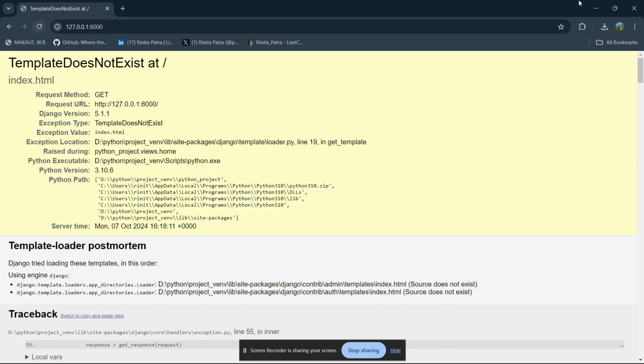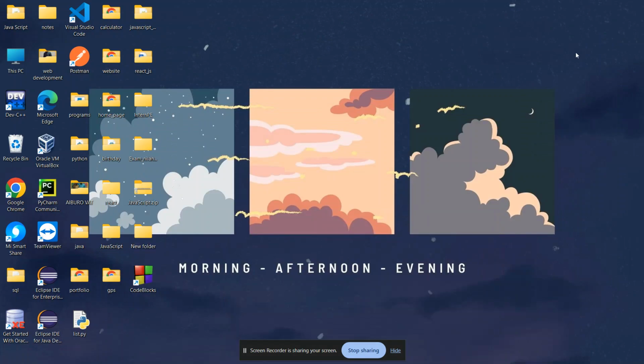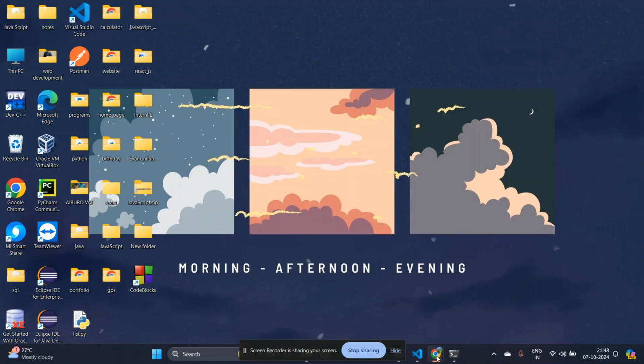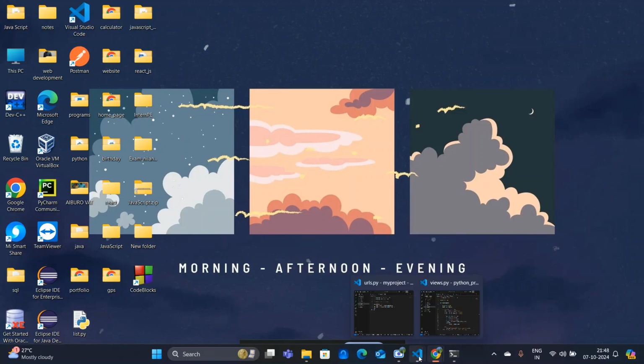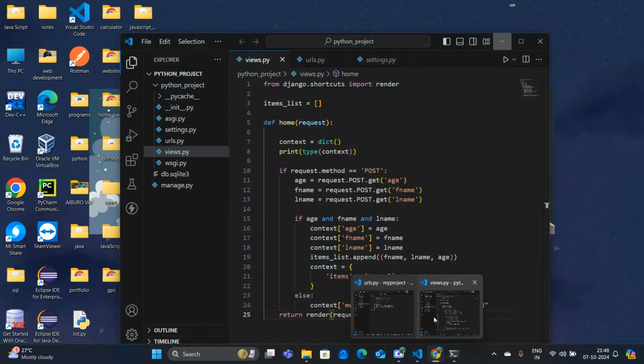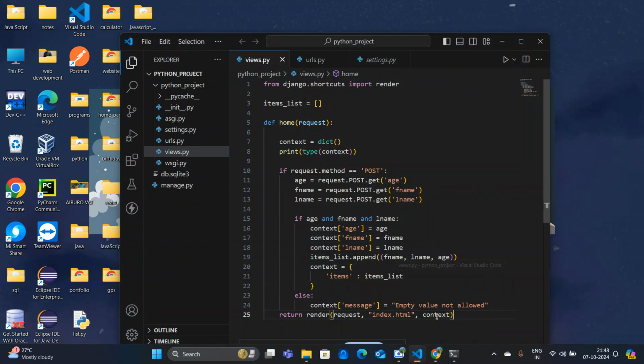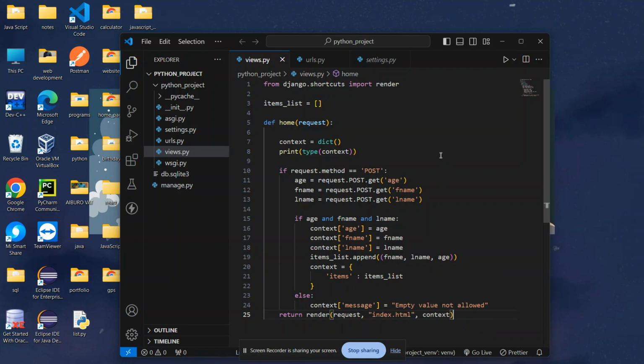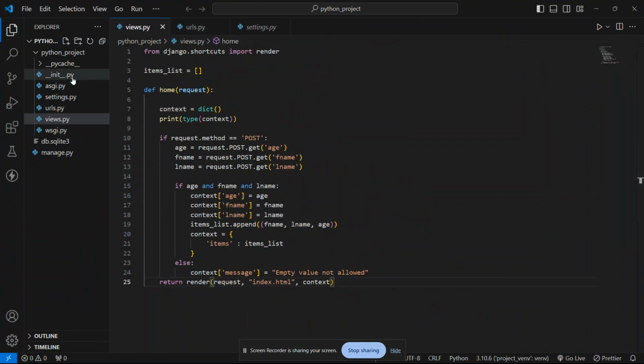So now it will not show anything because I am writing code inside this. Here my VS Code is open.